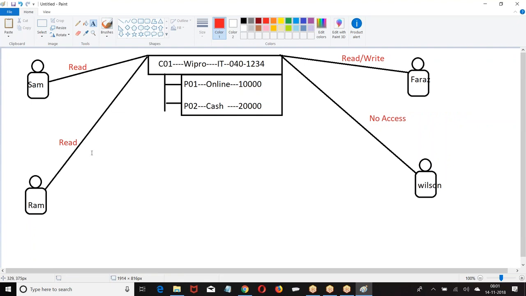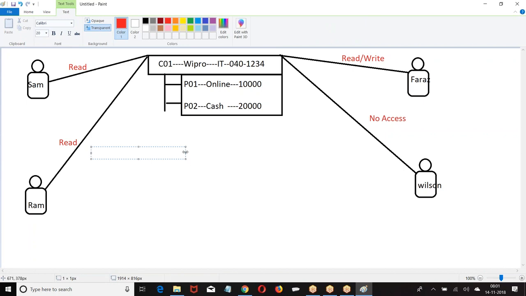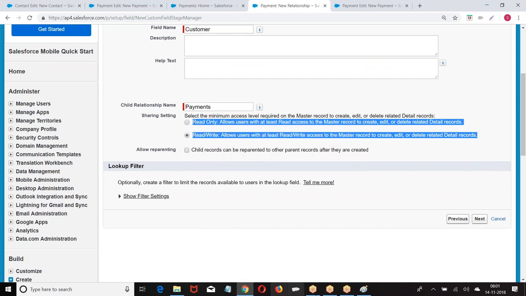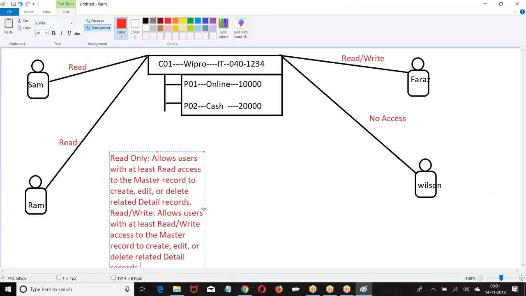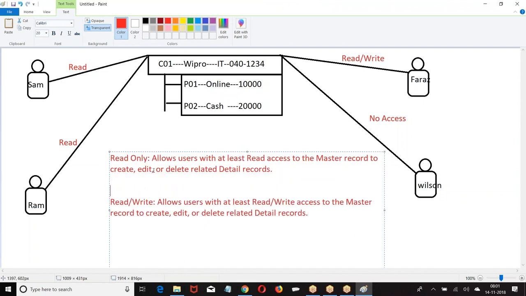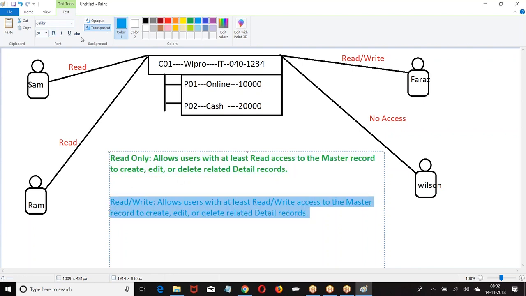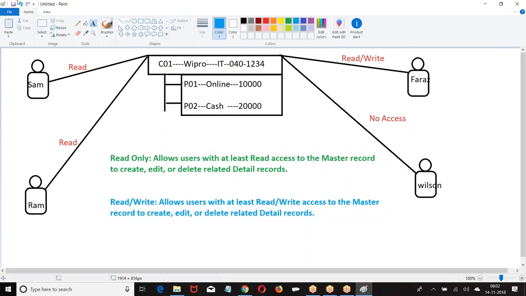Now we have 2 choices here. Try to understand this. These 2 options.